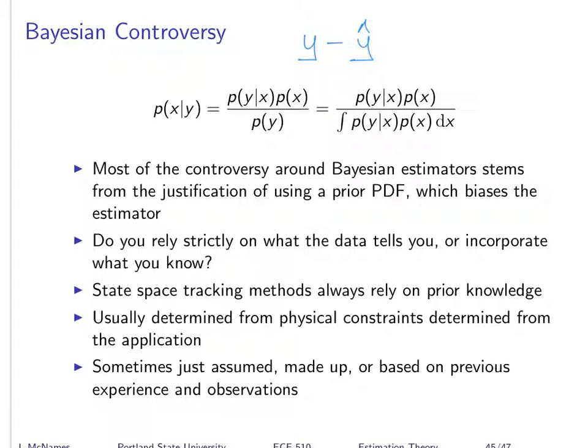You should not bias it towards what you think it ought to be. And the example of grading is a good example of an application where that would be the wrong thing to do. But as engineers, if we're tracking a submarine, you can do it much more accurately if you take account of how you think that submarine can move, or whale, or truck, or whatever it is. So in our context, this is often a very valuable thing to do. But again, you've got to get that prior knowledge right.